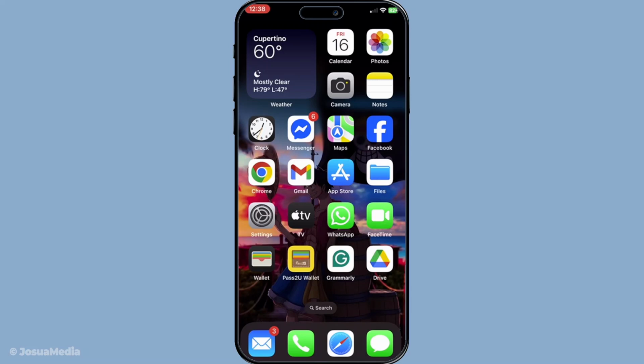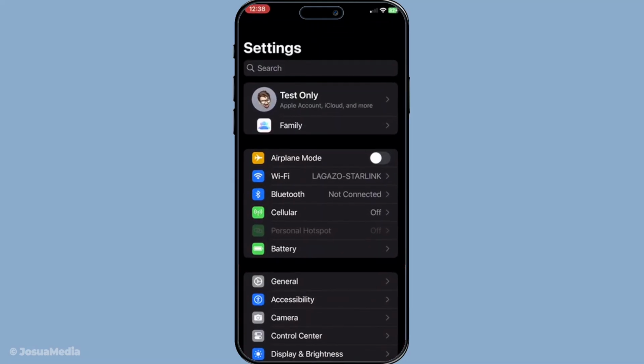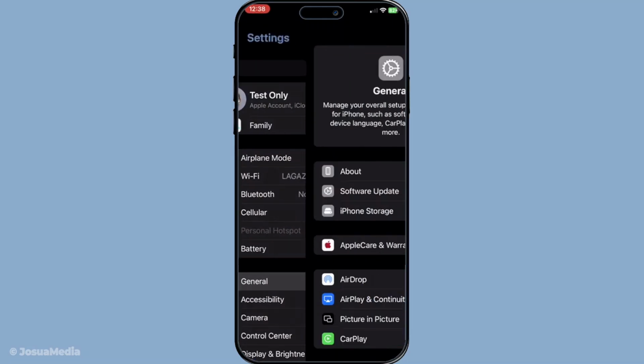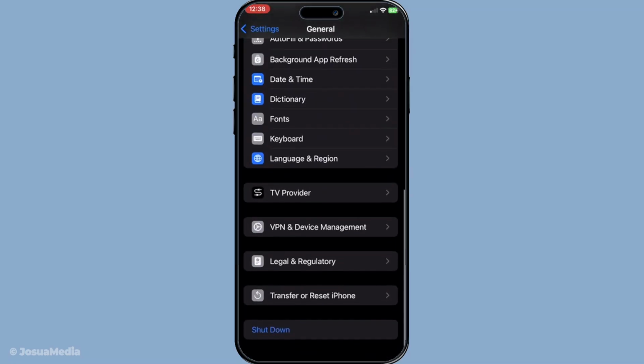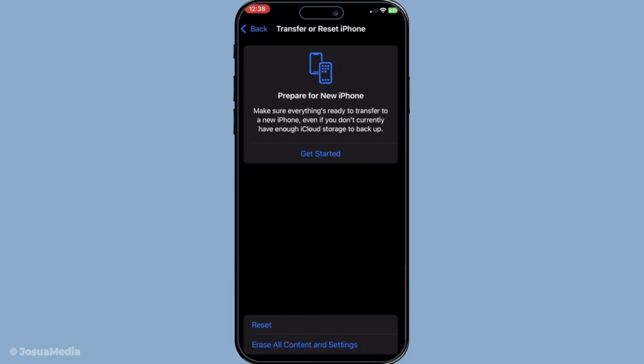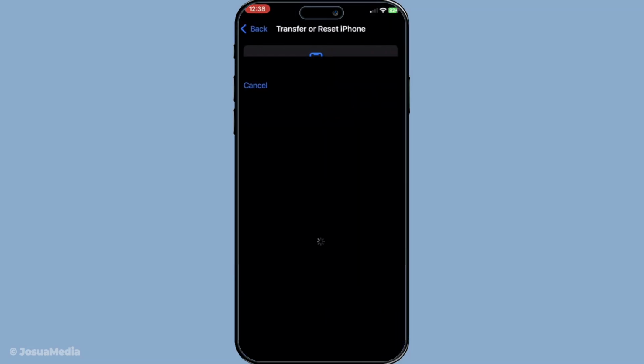Start by going into your settings, then navigate to General. From there, scroll down and select the option that says Transfer or Reset iPhone. This next step is important. Tap on Erase all content and settings. When you select this, your device will ask for confirmation. Confirm your choice, and your iPhone will initiate the erase